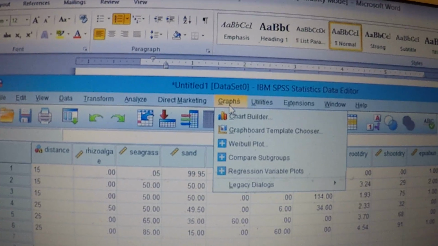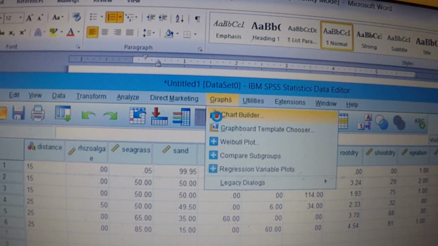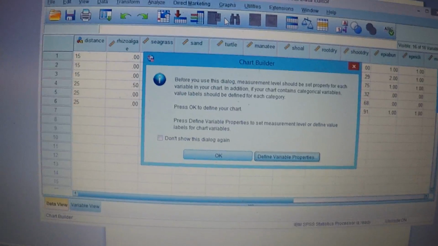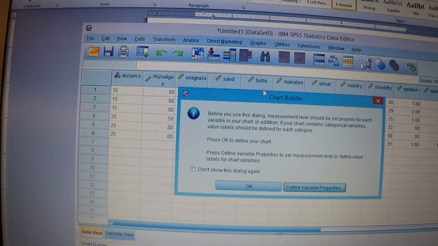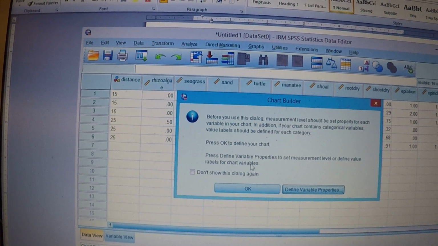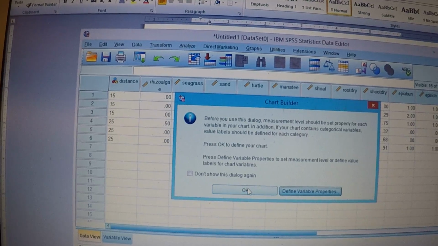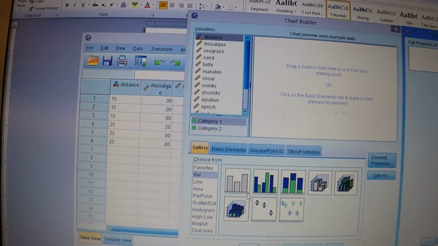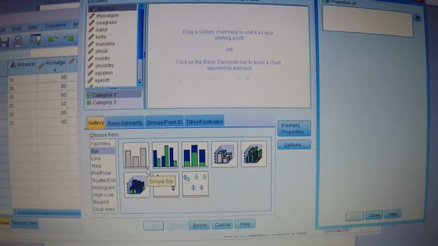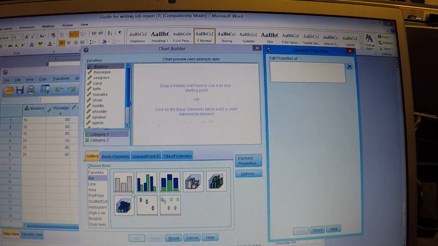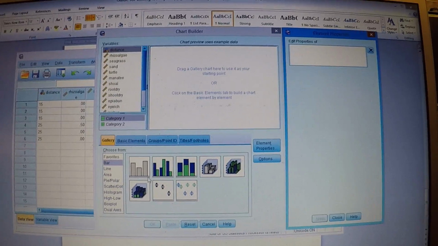Chart builder. And then I'm going to just say okay. I don't know, it came up with some weird box and I just said okay. Yeah. So it's going to bring this box up, and this box is going to allow us to build our